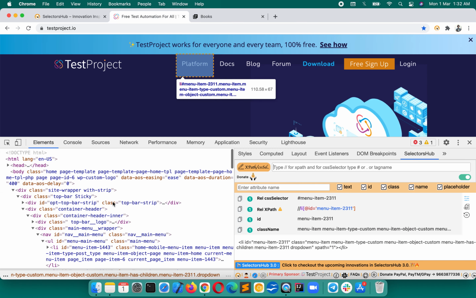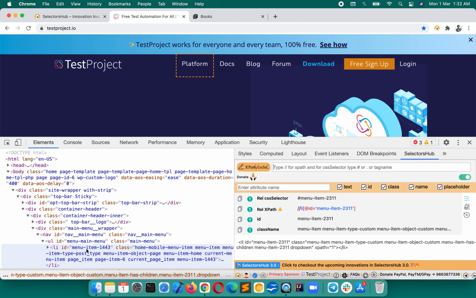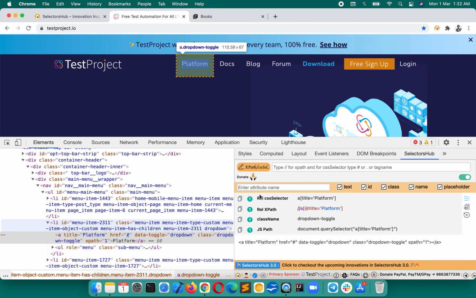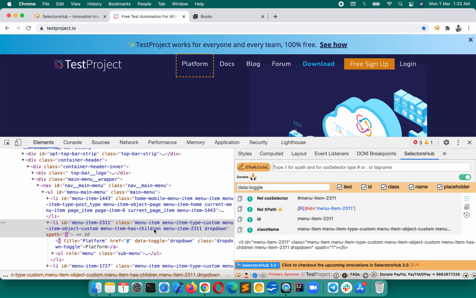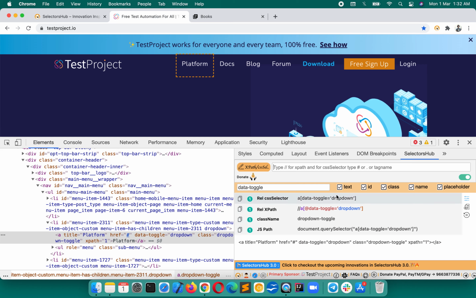Suppose for example I want to generate an XPath with any particular attribute. If it is generating with some other attribute, like title, but we want it with, let's say, data toggle, you just pass that data toggle over here and press enter. It will generate with the attribute you have passed. Now when you inspect any element, the first preference will be given to your attribute and then it will go for other choices. So this is how you can generate the selectors, your XPath and CSS selector, with your own attribute as well as with the attribute choices.